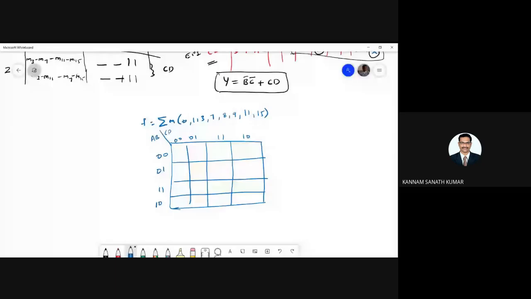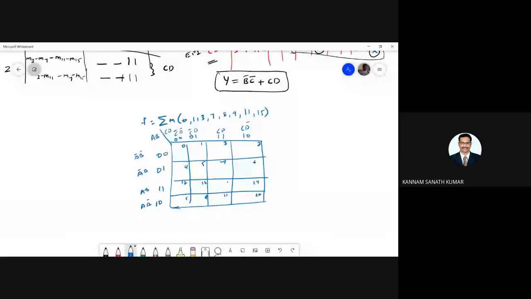So 0, 0, 0, 1, 1, 0, 1, 1, 0, 0, 0, 1, 1, 0, 1, 1. This is A bar, B bar, A bar, B, B, A, C bar, D bar, C, and the minterms 2, 3, 4, 5, 6, 7, 11, 12, 13, 14, and 15. Okay, so in this, 0, 1,